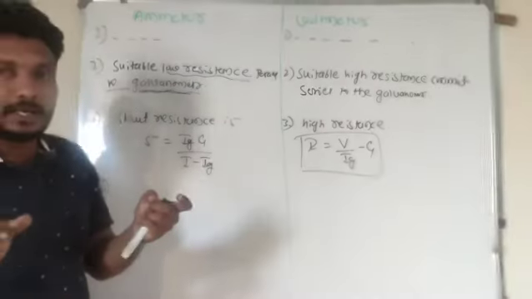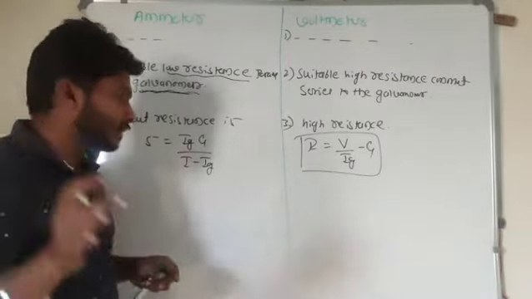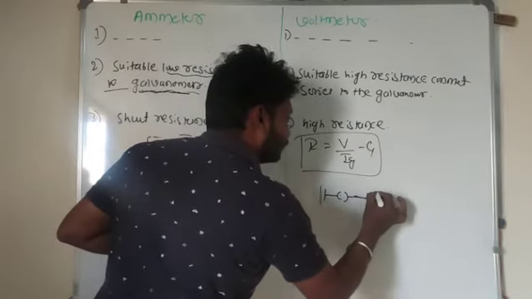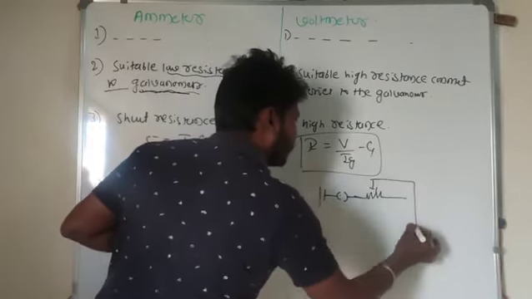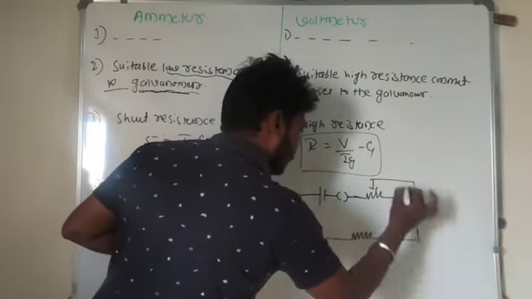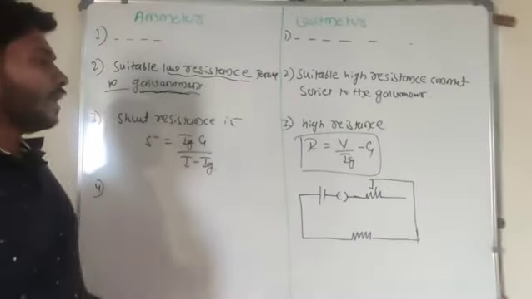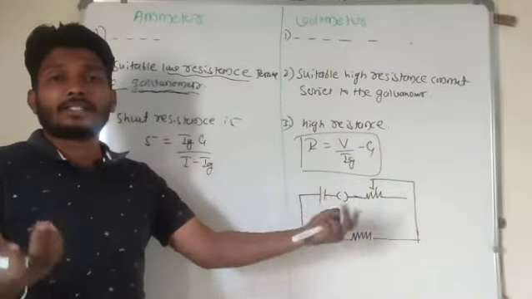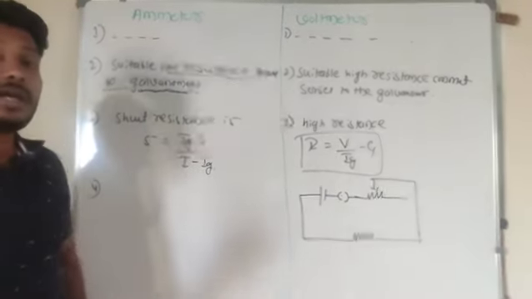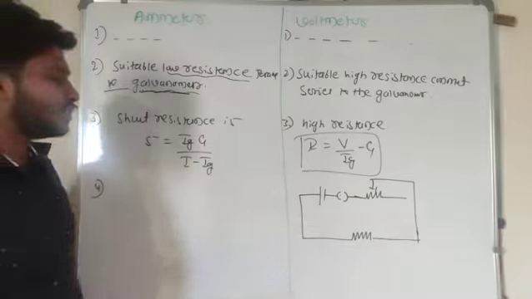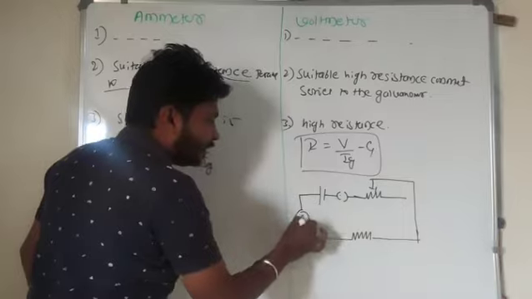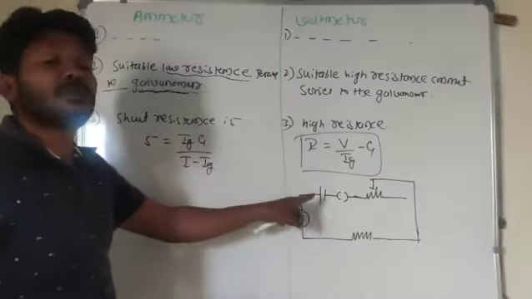Now I have ammeter here, I want to measure current in any circuit. Let me give an example here. Verification of Ohm's law. This is one circuit, right? This is one wire. Now in this circuit I want to find the current as well as potential difference. In order to measure current in the circuit, I always connect ammeter in series to the circuit. So for this circuit I will place ammeter here. So this ammeter is in series to the circuit.